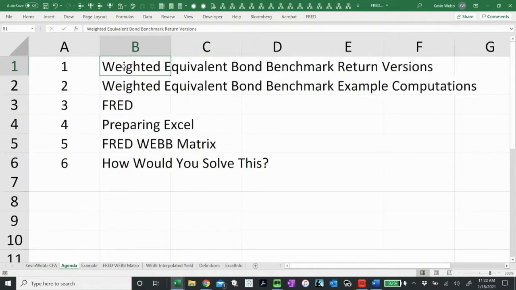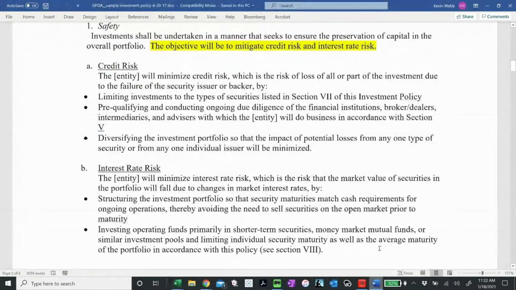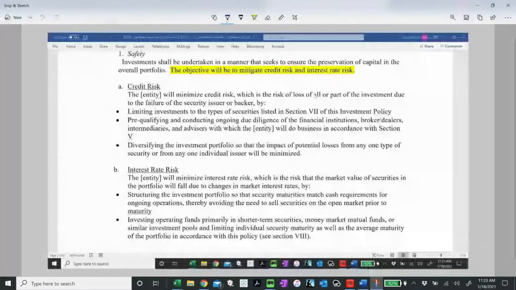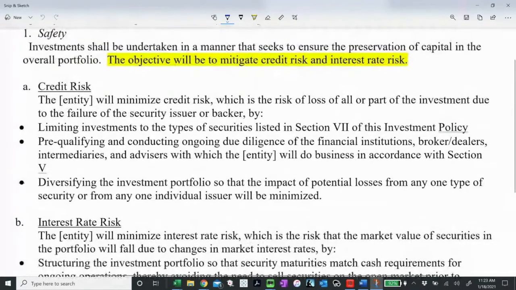But first things first, we have a return on the portfolio. How are we doing? I think there's several answers to that, and I'm going to use the GFOA sample investment policy here, and I want to point out a couple of things. I think the answer to that question, what the portfolio's return should be compared to, is actually built into the investment policy. So I'm just going to zoom in here, and this sentence, the objective will be to